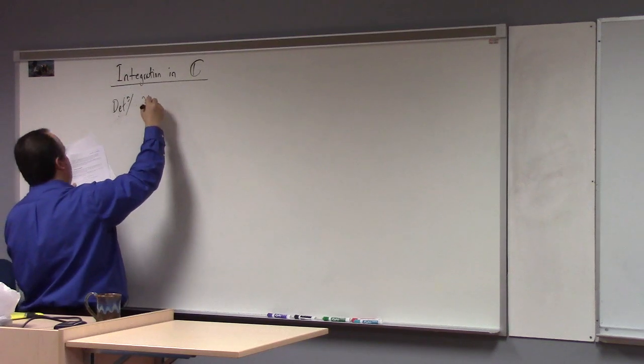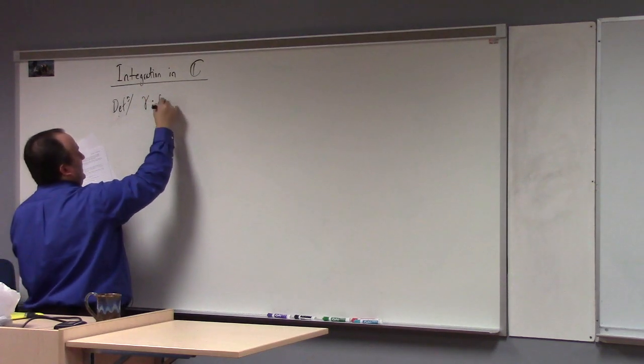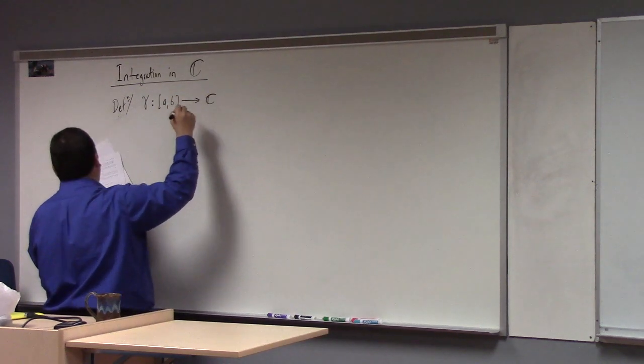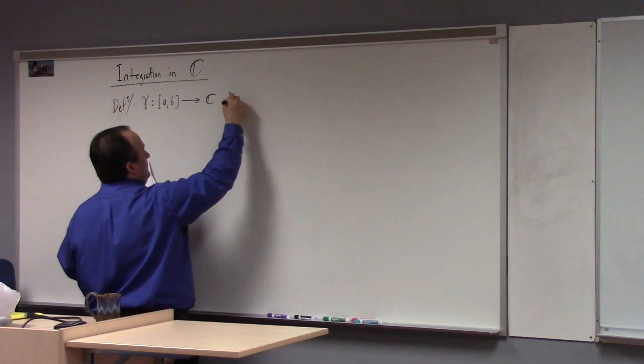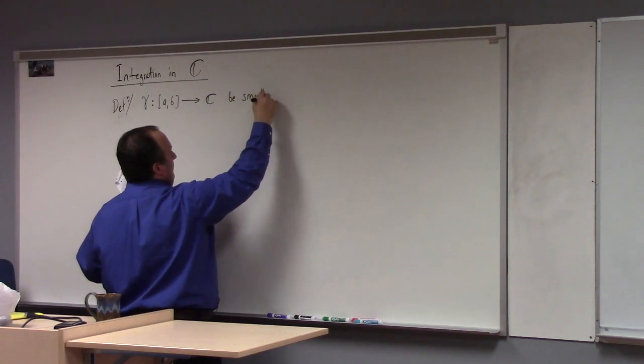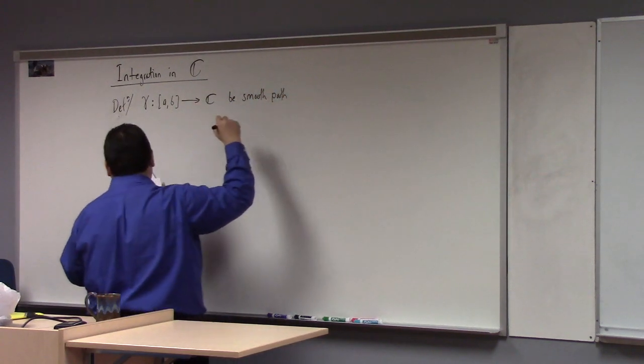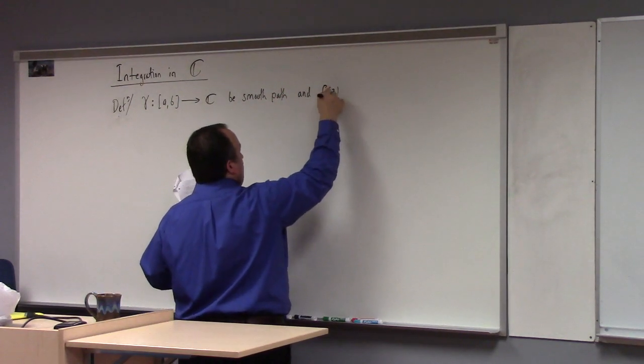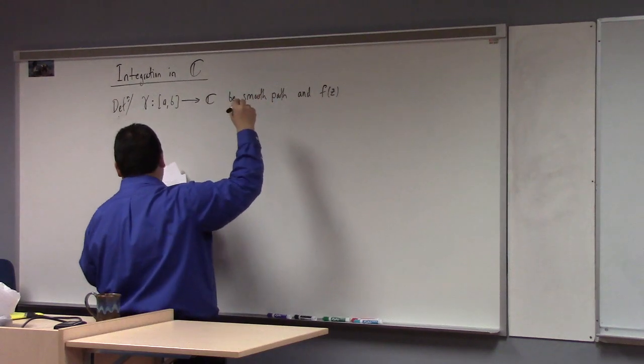So we're going to let gamma from a to b, so ab is a real interval, be a smooth path. All right, and f of z, a complex valued function